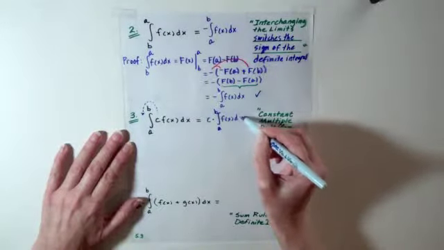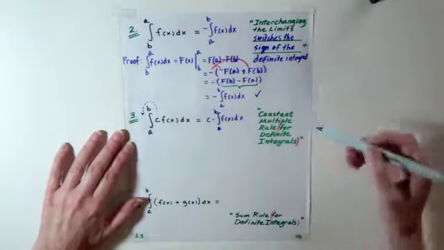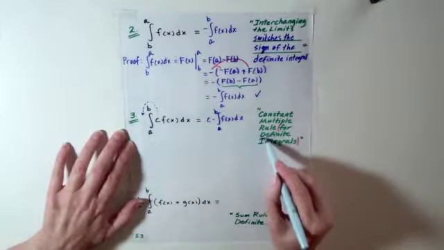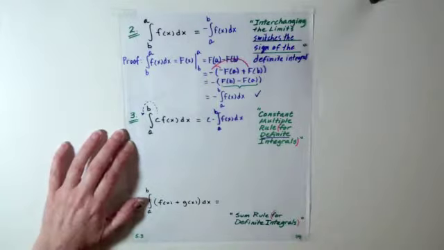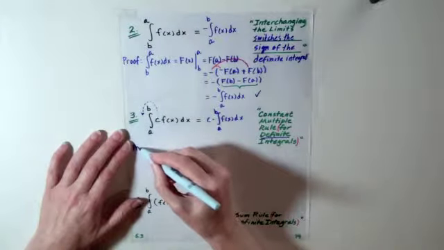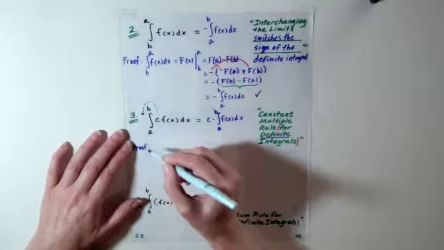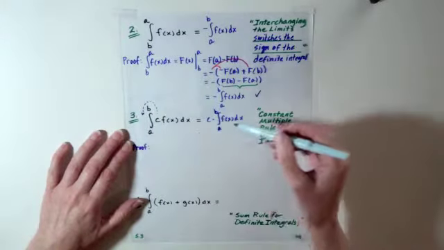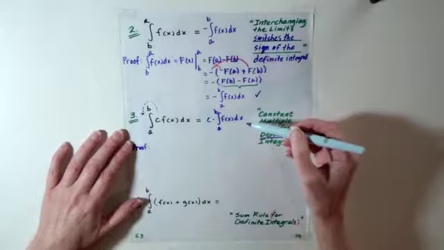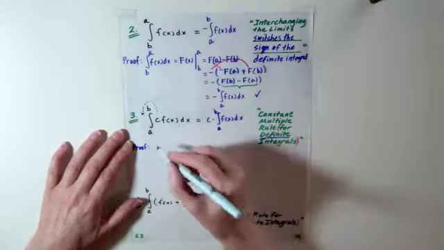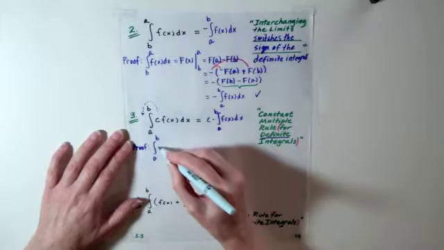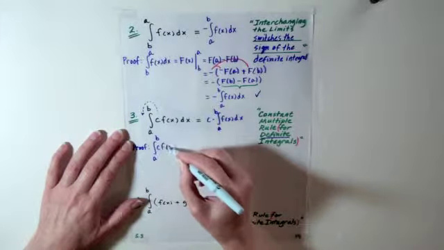Now that's actually a rule that we already proved for indefinite integrals, but this is the constant multiple rule for definite integrals. Well, how do I prove something like that? It's fairly easy to do. We start with the left-hand side, and just like the last proof, I try to show step by step that it's equal to the right-hand side, justifying each step with a reason. So I'm going to start with the left side, integral from a to b of c times f of x